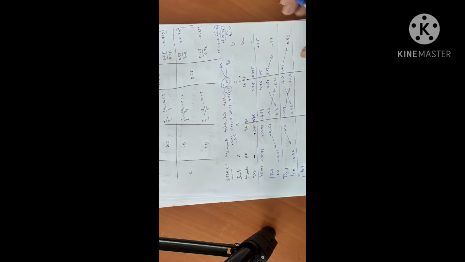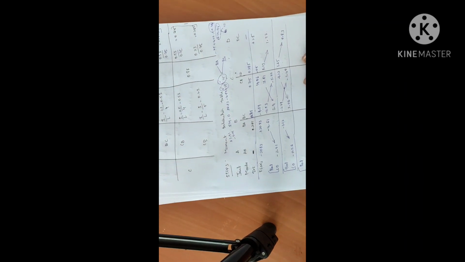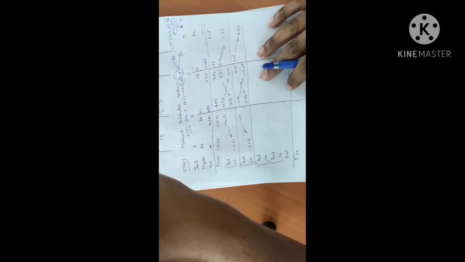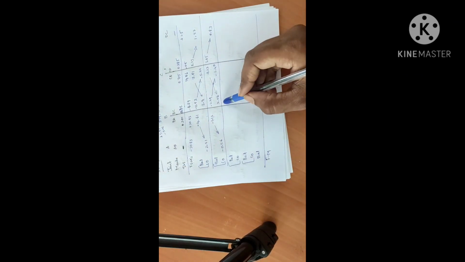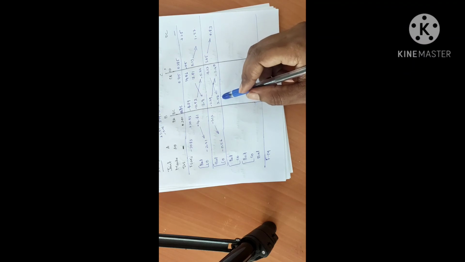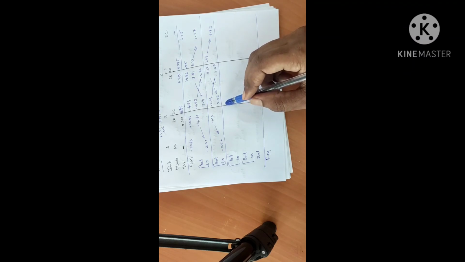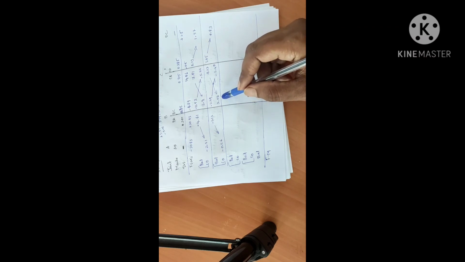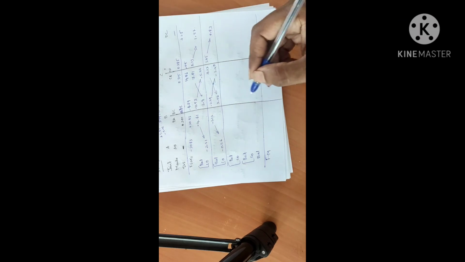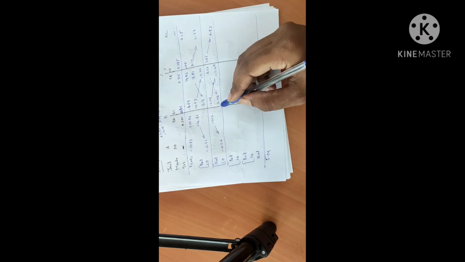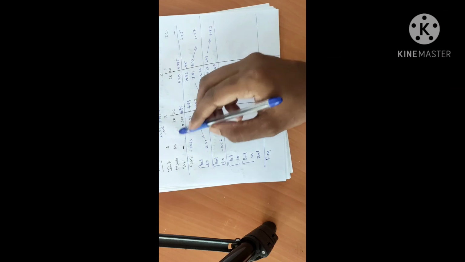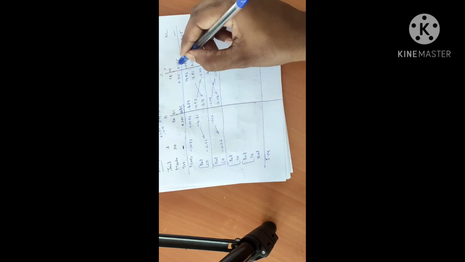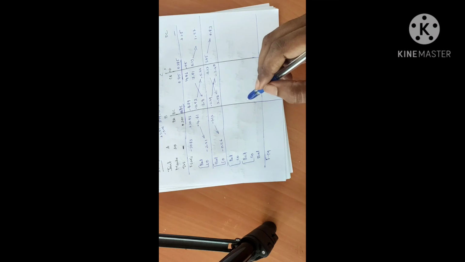Similarly, we'll do it for the third cycle and fourth cycle. So see, what is the unbalanced moment? Here we still have not got 0. The unbalanced moment is 2.06. To balance that, we should apply an equal amount in opposite sign. Minus 2.06 is the unbalanced moment, so the balancing moment will be plus 2.06. These distribution factors are very important. You should always multiply with the distribution factor in the whole cycle.